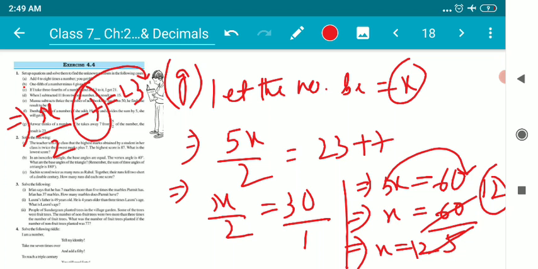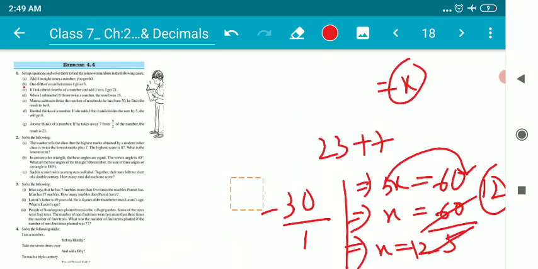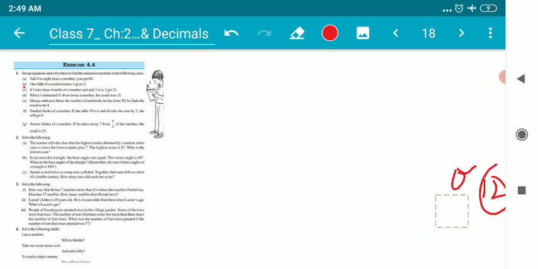That's all. Children, this is how we have to deal with such kind of questions. I believe it's absolutely clear to everyone. Question number 2. These questions we have already done in the previous exercise. Question number A, B, like these two questions have been repeated from the second exercise of this chapter. Even question number 3, 1 and 2 also. So I want you to try this question number 2 AB and 3 1 2.